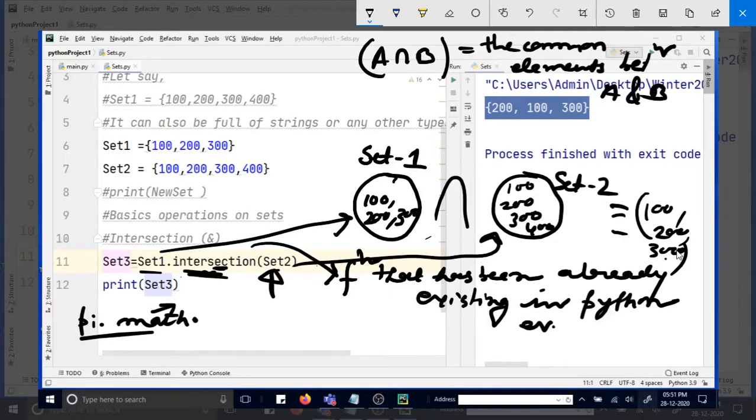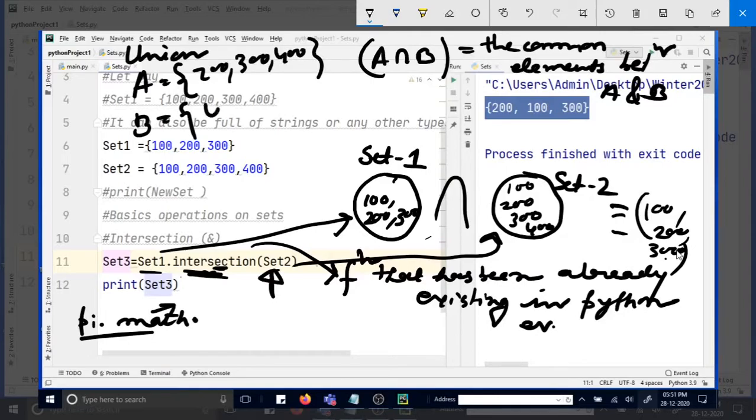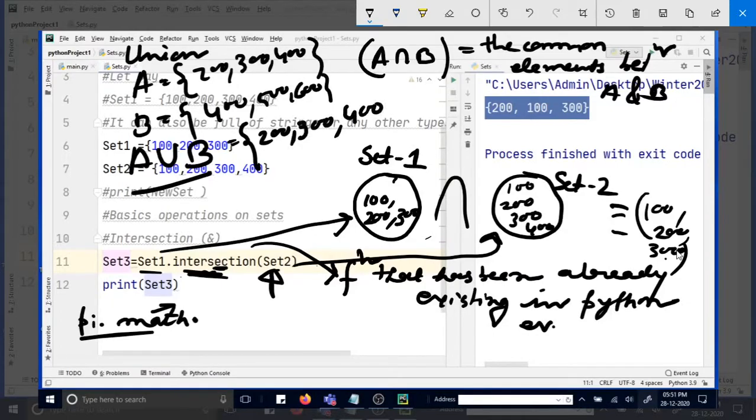What is union? Union is just the opposite of intersection. So let us say this is set A, this is set B. Let us say in set A we have 200, 300, 400. Set B, let us say we have 400, 500, 600. Once you take union of A and B, everything from this set will come first.